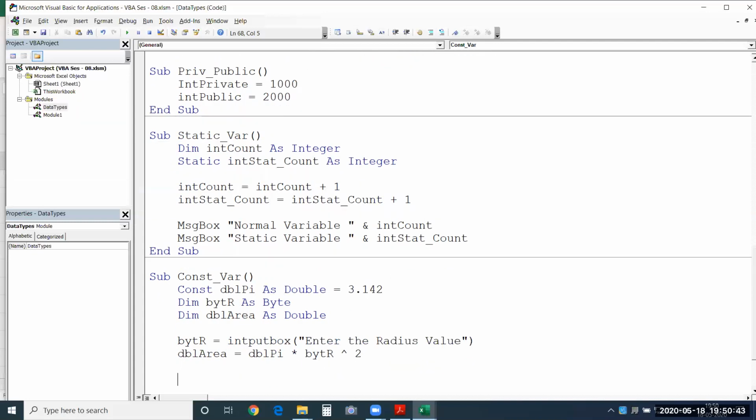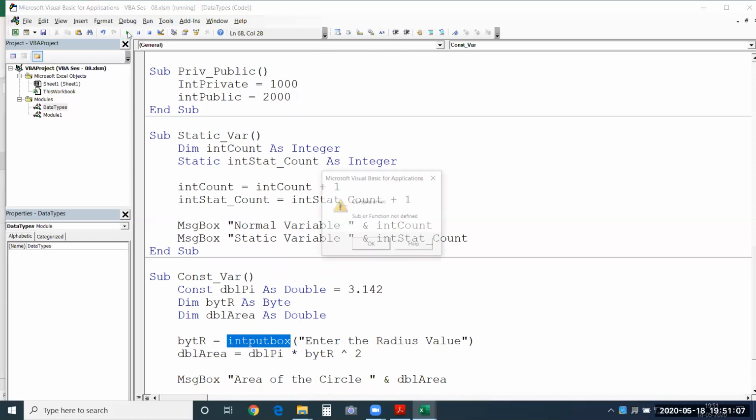So I want to see the result as well. So I'll say message box area of the circle and say dbl area here. If I run this, it will first ask me to enter the